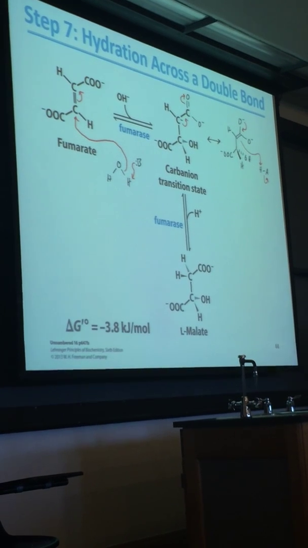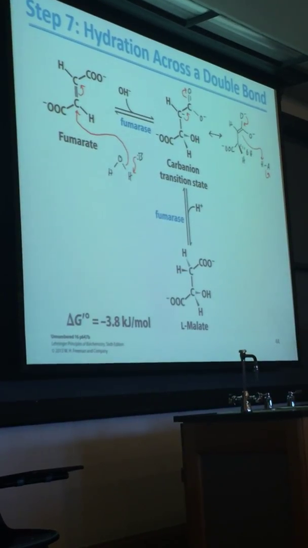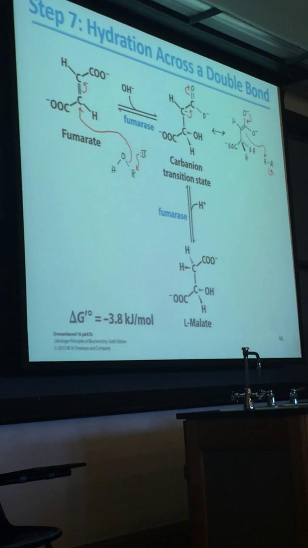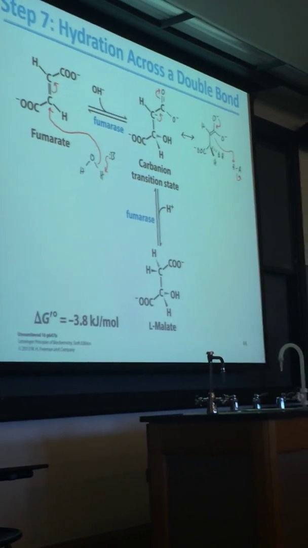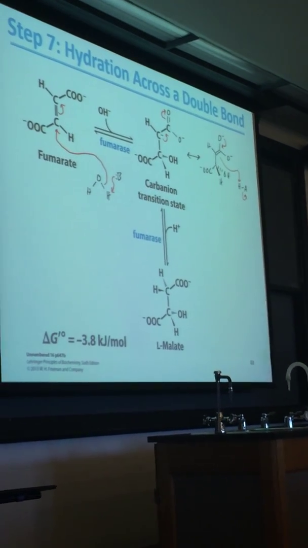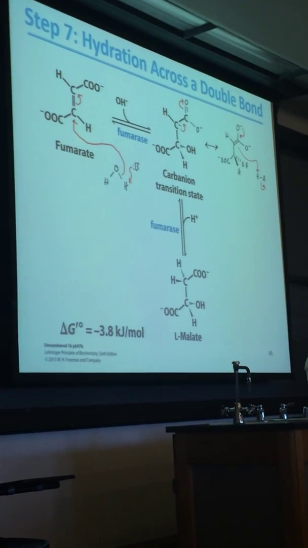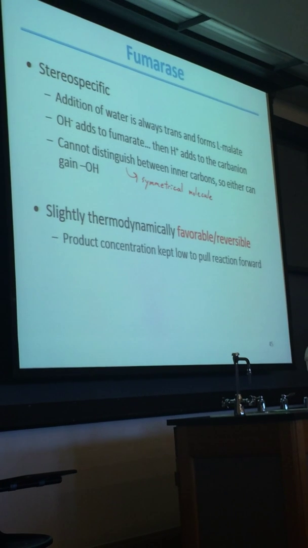We call it umpolung reactivity. Essentially, it kind of repeats itself, right? Electron-rich, electron-poor, electron-rich, electron-poor. So it renders it electrophilic. And we also have an electron sink to donate those electrons into. All right? So that's fumarase. Fumarase is also